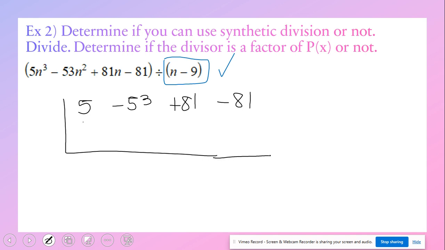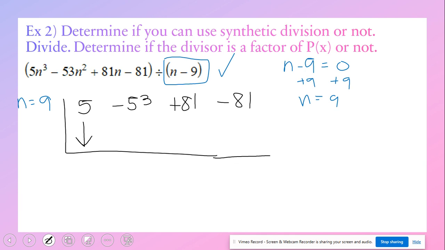It's really important to put the signs and be extra careful when you're writing down synthetic division. Probably the number one mistake people make is they move too fast and then they forget a sign somewhere. So that's one thing to be mindful of. Again, we're going to set n minus 9 equal to 0 to get that opposite value to put on the outside